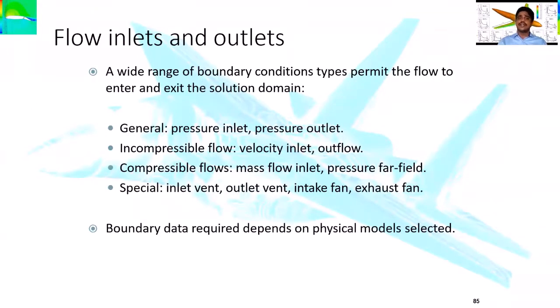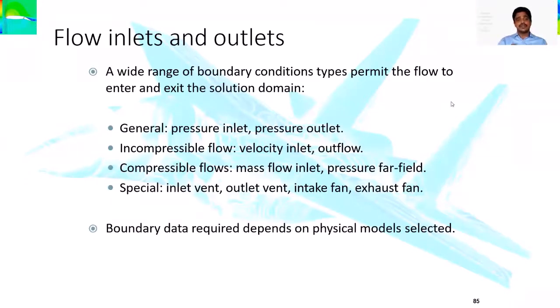Now, as far as the flow inlets and outlets are concerned, as we all know, generally when there is an inlet for a vent or an inlet for a pipe, there should be an outlet too. What we are interested in analyzing here is that for the general fluid flow problem, we can define a velocity inlet and a pressure outlet. We can also define a pressure inlet and pressure outlet for the general boundary conditions. Okay, so that is about the flow inlets.